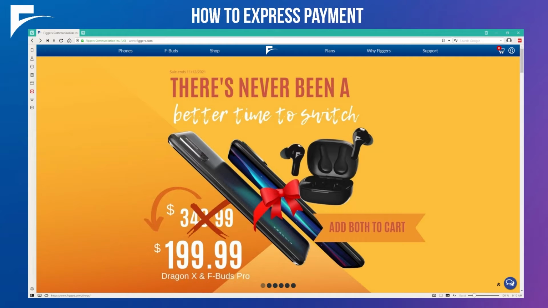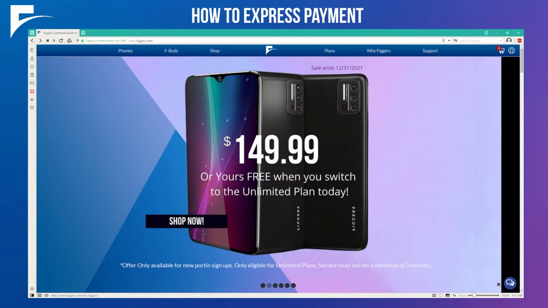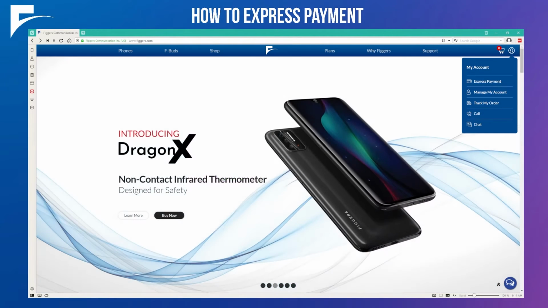How to make an express payment. This process is super simple. Step 1, go to the Figures website, and at the top right corner, hover over account, and there's this button that says express payment. Click it